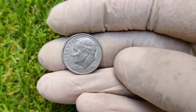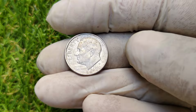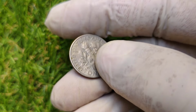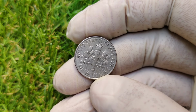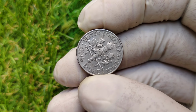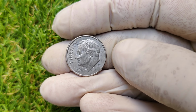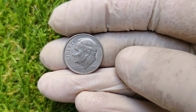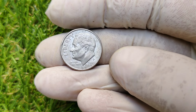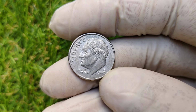The Roosevelt dime has been a staple of American coinage for decades. First minted in 1946 to honor President Franklin D. Roosevelt, this dime was introduced shortly after his death, a tribute to his leadership and, importantly, his association with the fight against polio. Roosevelt himself had been diagnosed with the disease, and the coin symbolizes both his legacy and the hope he inspired. Over the years, millions of these dimes have circulated, with most remaining common and easily found in loose change. However, certain years and mint marks can significantly increase their value, and that brings us to the 2003